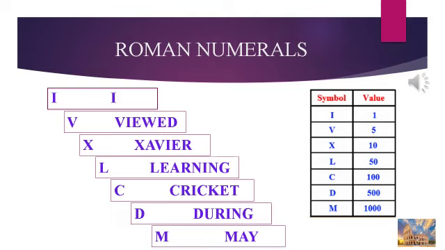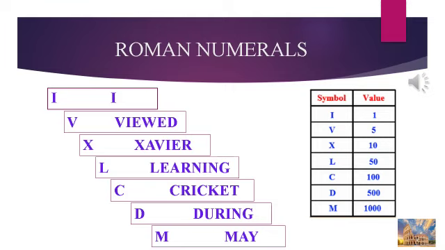As we know, there are 7 symbols in Roman numerals for counting. They are I, V, X, L, C, D, M. We don't use Roman numerals all the time, so they easily get mixed up. Let's play with these 7 symbols so it becomes fun for us and also easy to remember them in the given order. I with Xavier, that's the first 3 Roman numerals, IVX, standing for 1, 5 and 10.